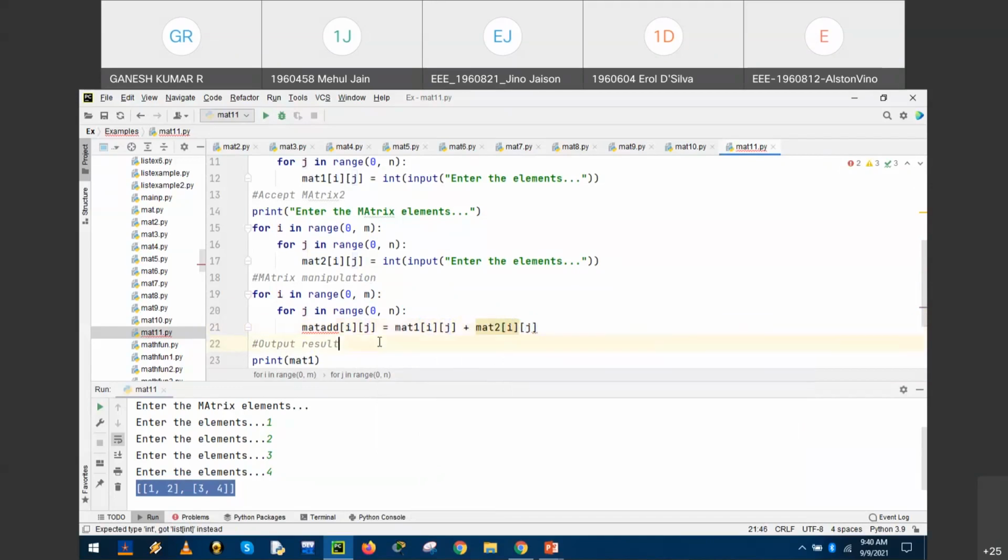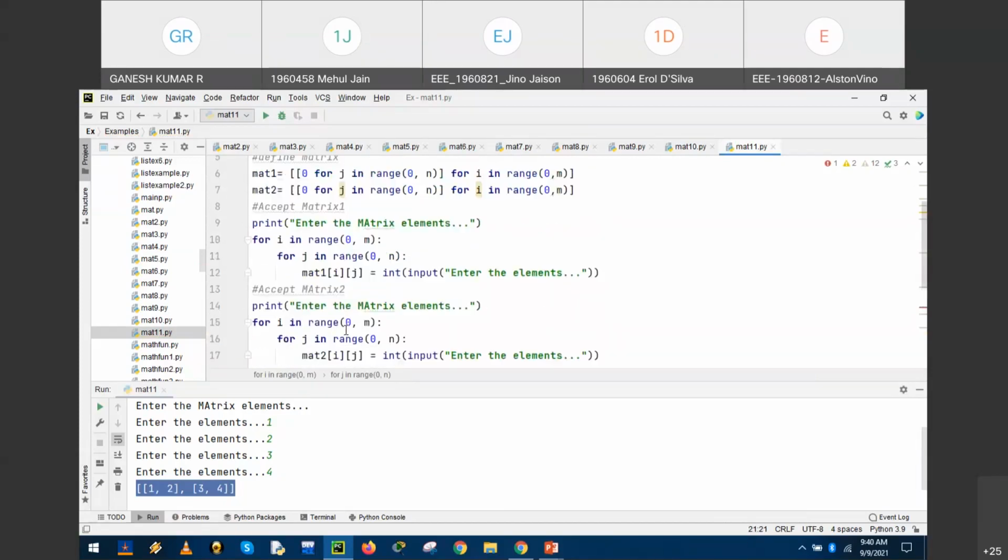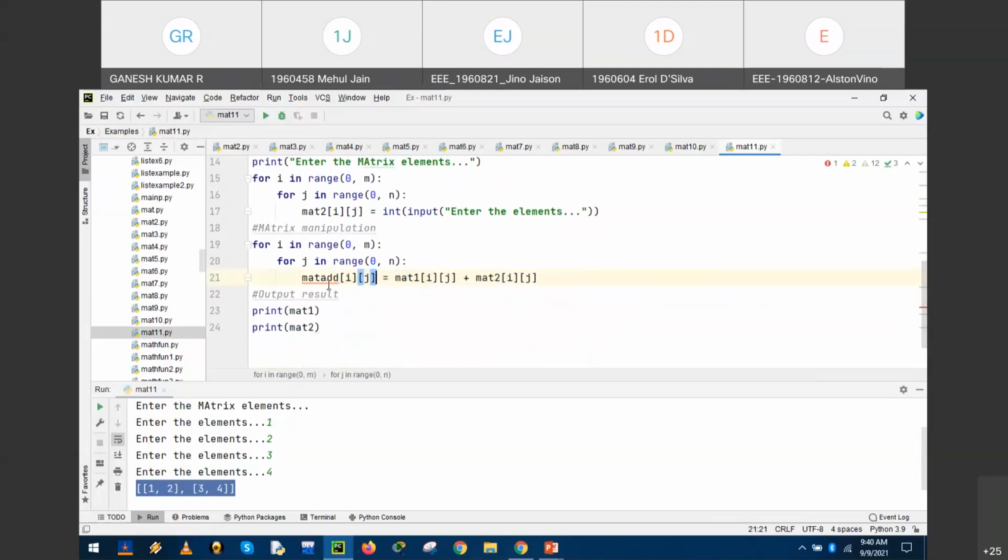We have used another variable here, matadd, the resultant matrix. This matrix was also not defined earlier. That is why we have got the underline.